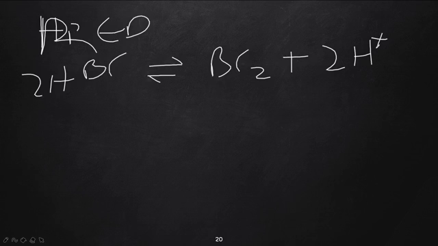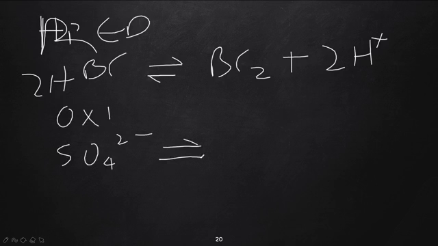Now for the oxidation half equation, which we call oxy, that is SO4 2 minus, the reversible sign, changing to SO2. Let me just give a little bit of space, because we're going to balance this in a better way than we balanced the previous one. So we end up having this, and this is SO2. We add water to the right hand side,